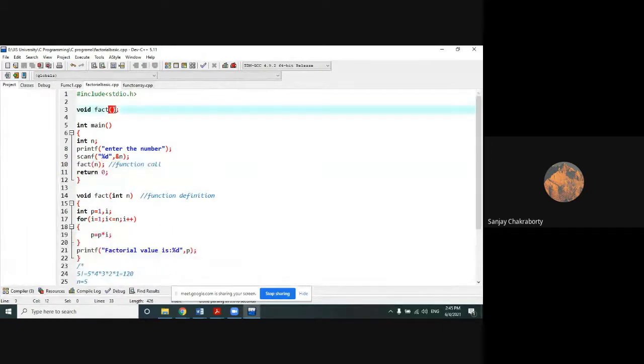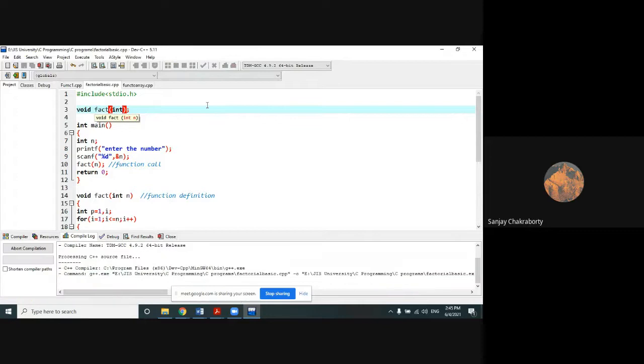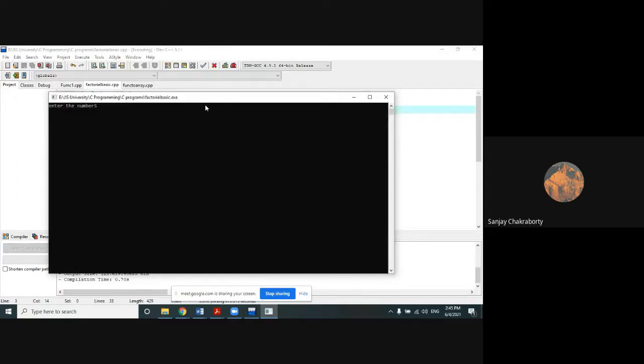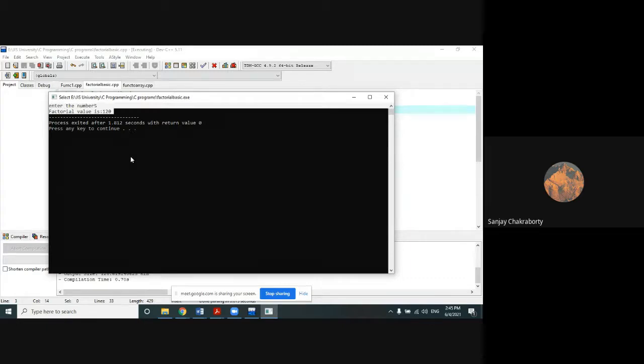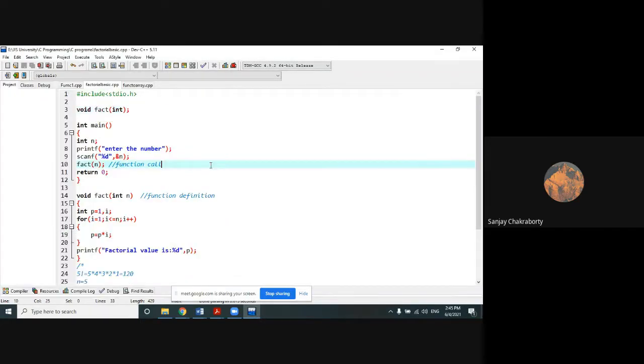The declaration has not been done completely, so it will give an error. So you can understand, right? Any kind of mismatch happening, then it will give error. So when you write the program during the exam, you will have to write it very, very carefully, because marks will be deducted if you make any kind of mismatch during your exam. So the factorial value is 120. Correctly calculated. Is it clear?